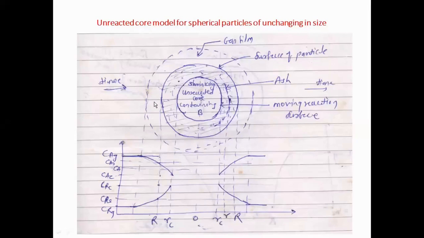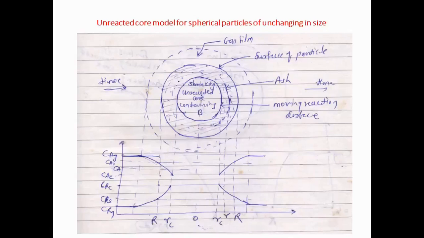Interface mass transfer you have studied, so mass transfer resistance will occur: mass transfer in the gas film and mass transfer in the ash layer. Means there is diffusion resistance from these 2 layers, and the third one is the surface reaction, where reaction resistance is there. So 3 resistances are offered, and all these 3 resistances contribute to the reaction. From this you must identify which resistance is low and which is highest; the highest resistance will control the rate of reaction.